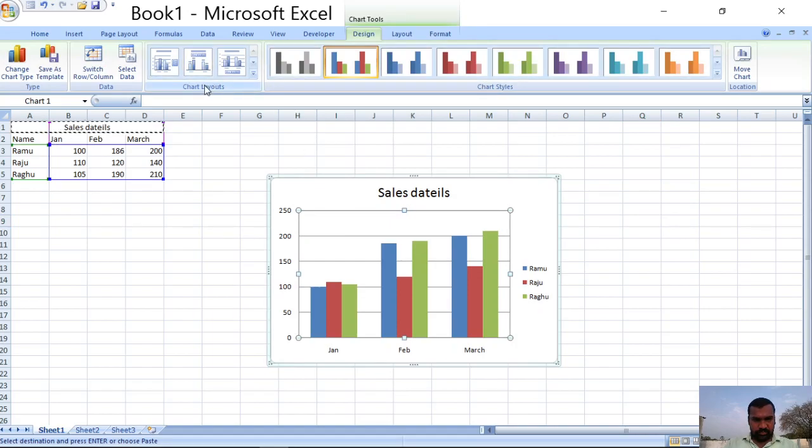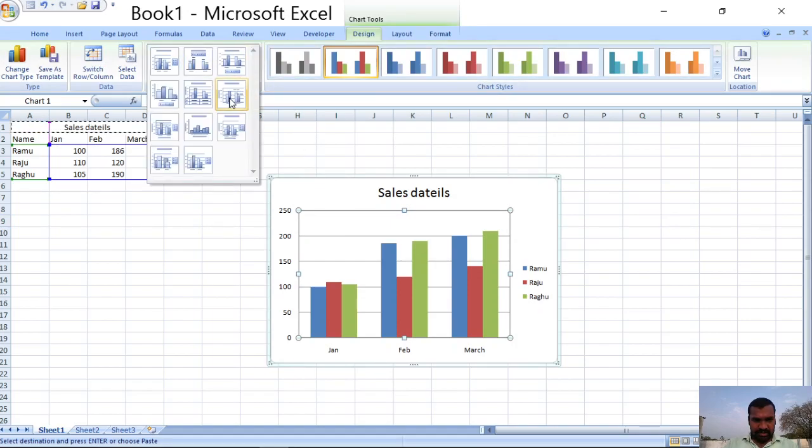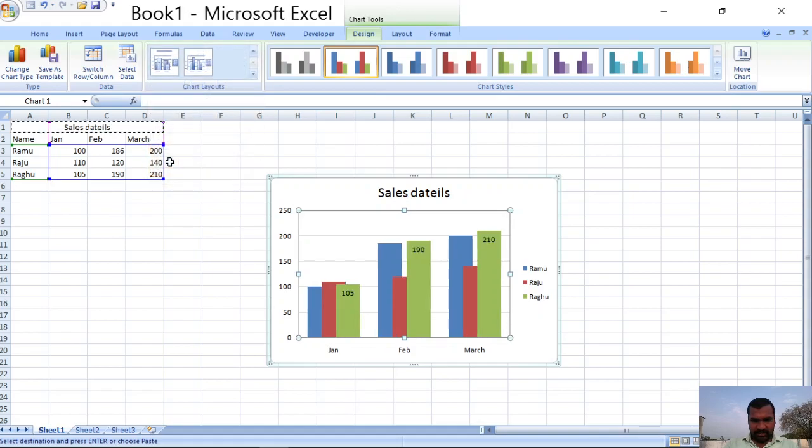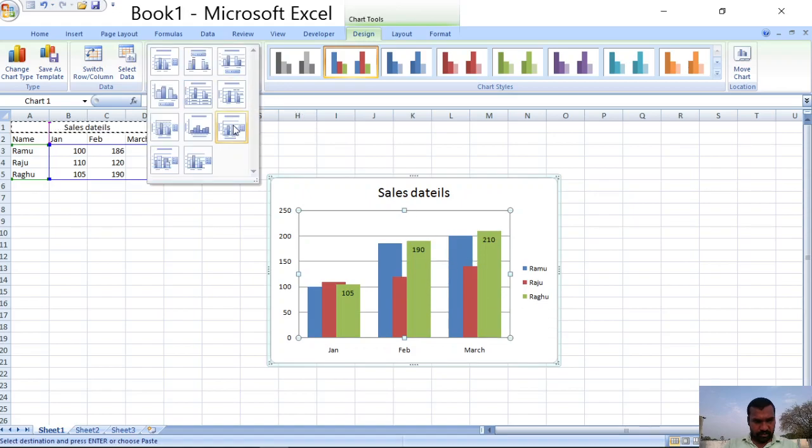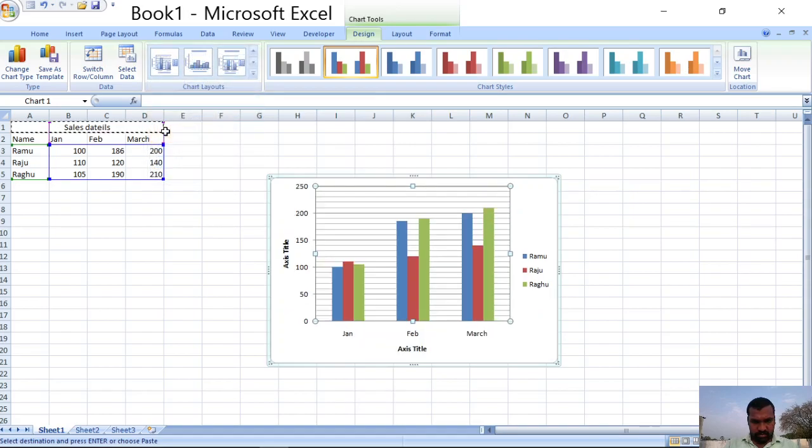Now I want to view more chart styles, so these are the different chart styles. It is displayed along with the values. This is an axis title, so this represents the month, and this represents the sales value.